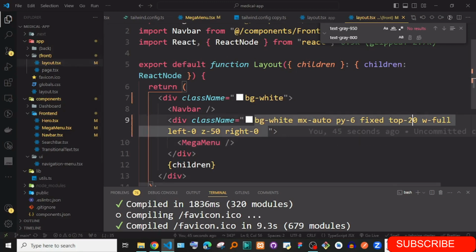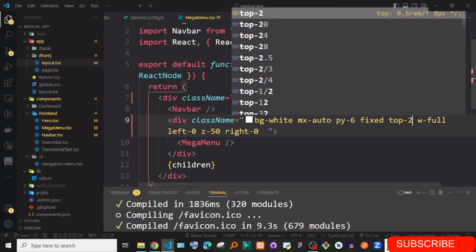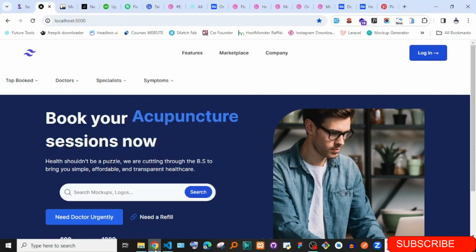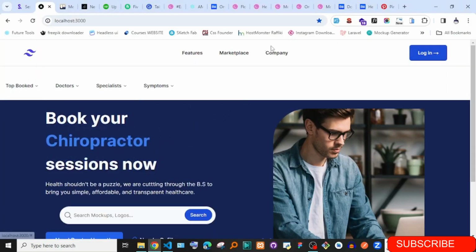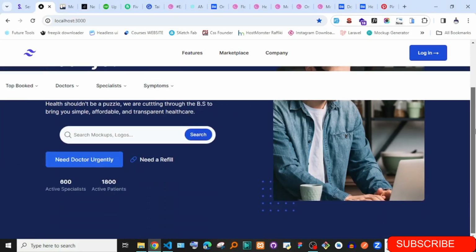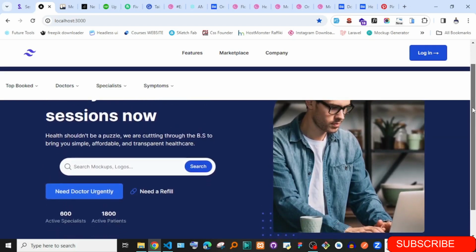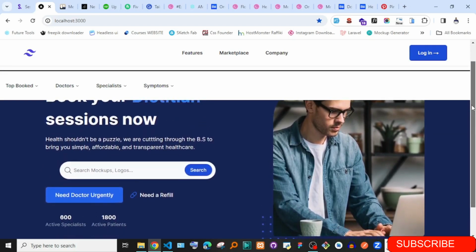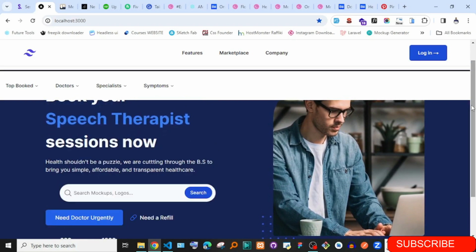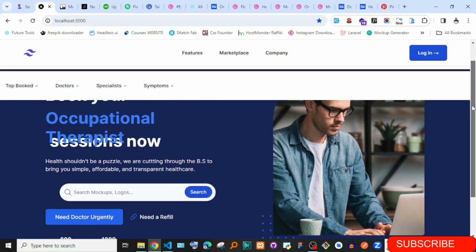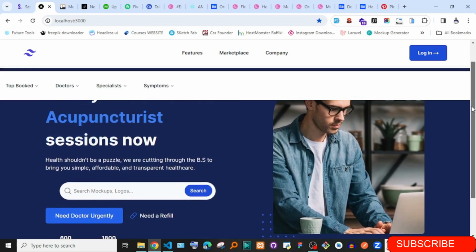We could just try 20 something. Let me just see here. We have 24 and 28. Let's try 24 and see. Okay, so this line is now being seen. It is slightly